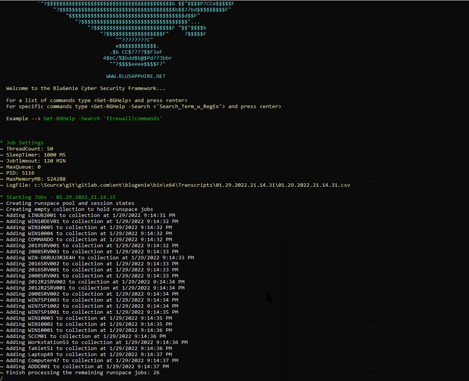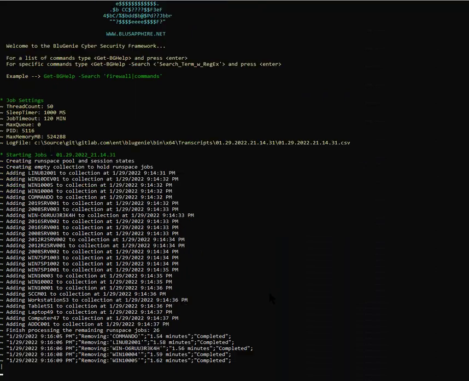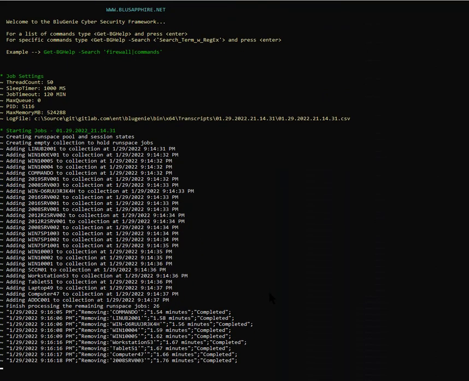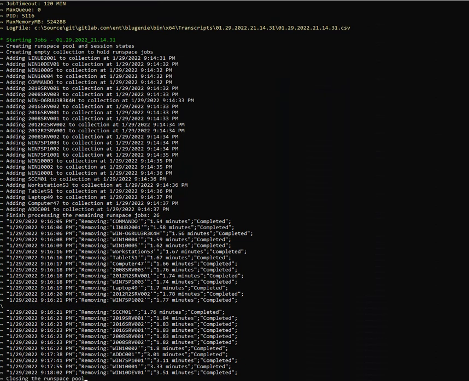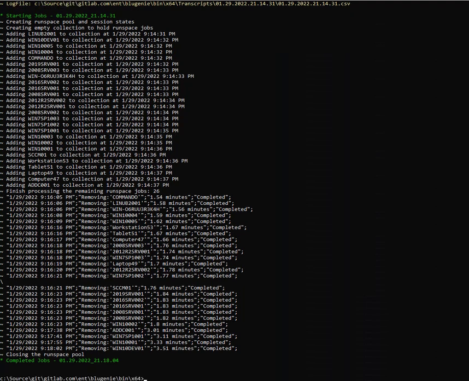So all of our computers that we identified now have a remote connection already established to all of them. They are all processing the command that we just sent. And in a minute or two, we'll have the return data, and then we can parse that as well. All right. Now that our job has finished scanning,